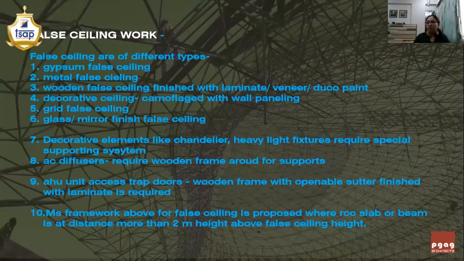Even though the false ceiling which is going to be visible to you is going to be seen as a complete finished false ceiling with the decorative chandelier fittings, all supporting members are concealed inside that. Then many times you see simple AC diffusers, like square 600 by 600 AC diffusers, in this false ceiling. But the false ceiling has a wooden frame around these AC diffusers. So you need to take care of those wooden frames while doing the detailing of your drawings and while preparing the tenders also.